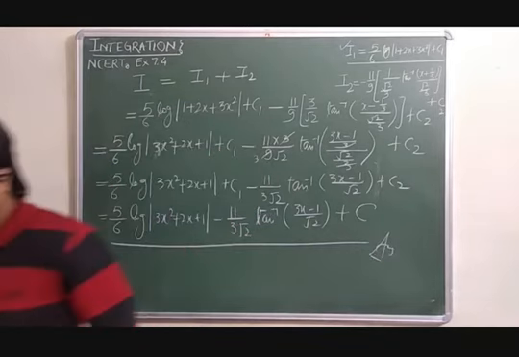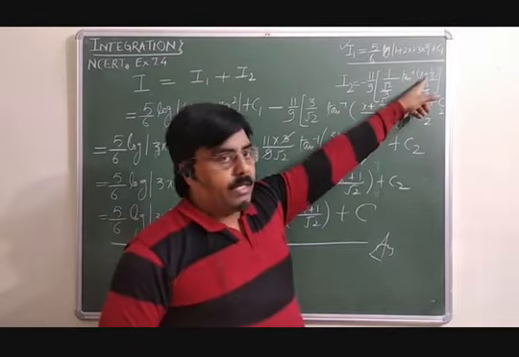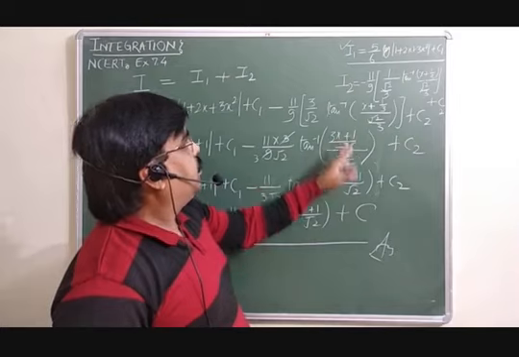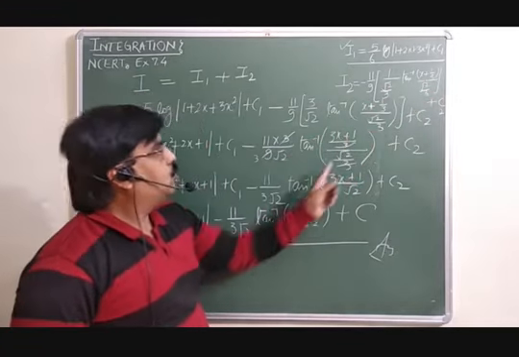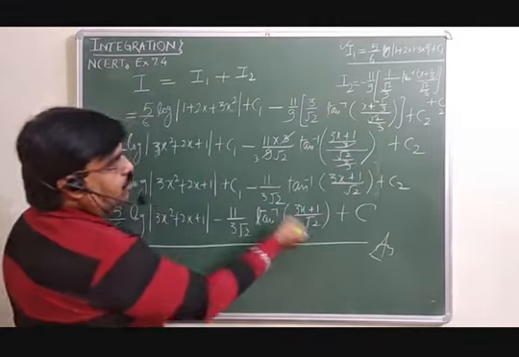Have a look. See, here it is plus, but by mistake we have written minus here, so it will change into plus, because here it was plus and we mistakenly took minus. You are supposed to make it plus here. So plus and plus and plus is here, and this is your answer. Have a look.